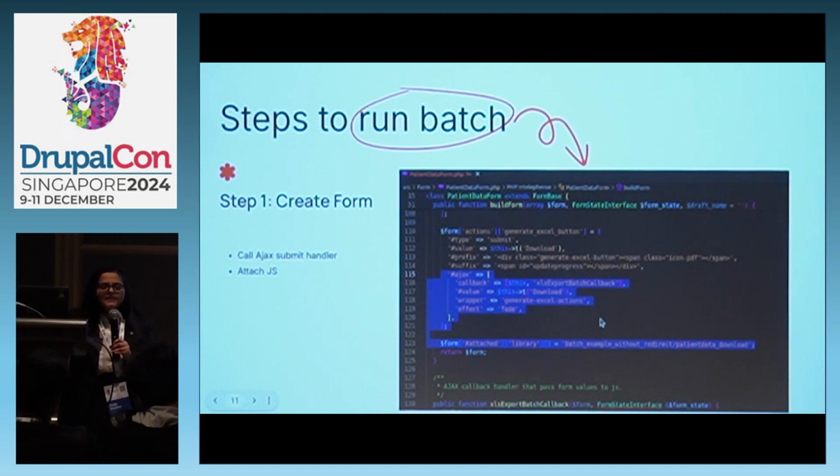The previous ones were the basic steps, the high-level idea of how you will fix those, the improvements. But this is the code behind it. For example, the first step would be to create a form. You can see on line numbers 115 to 121, we have used the hash Ajax